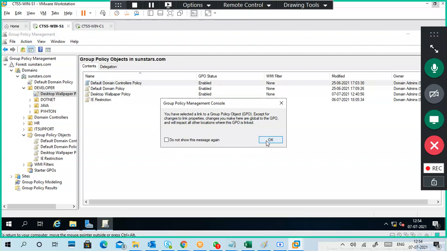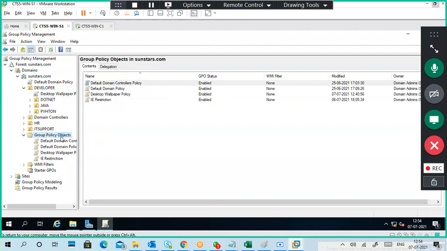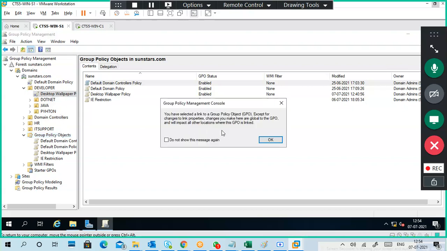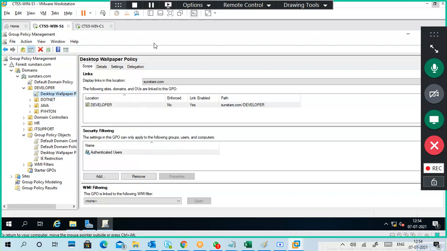That's it. If you create 100 policies in group policy objects, nothing will work unless you link the policy. If you remove the link, for example, right click, link enabled is there now. If you uncheck it or delete it, automatically the policy won't work. But the policy will be there in the group policy object.